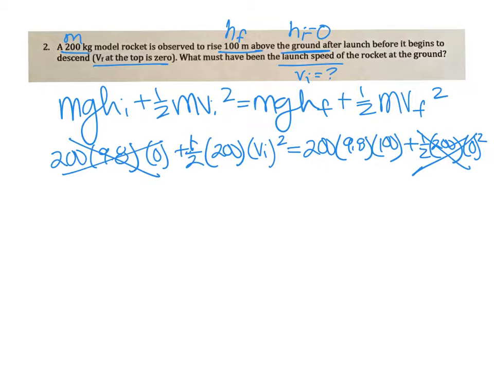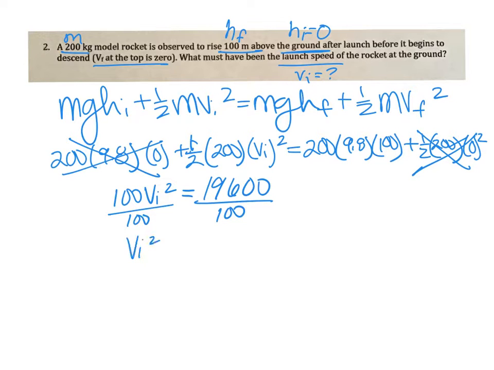So the first part, 1/2 times 200, is going to simplify to be 100 times vi squared. And then this next section, when we simplify that down, is going to equal 19,600. Then we just want to solve for vi, so we'll start by dividing both sides by 100. And that would give vi squared equals